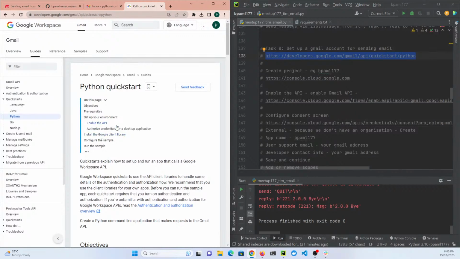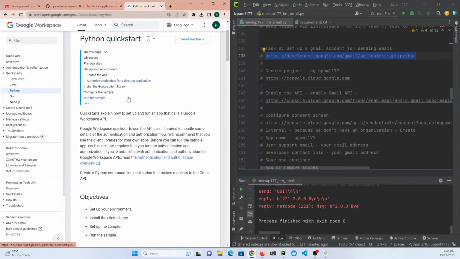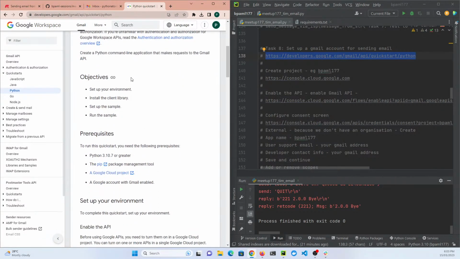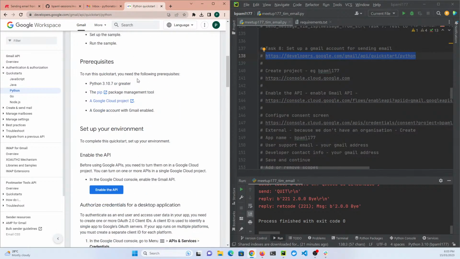So this is our Python quick start, where they give you instructions on how to send it, and the steps. To run this, you need, well, they're saying 3.10.7 or later, pip, which we've used to create a virtual environment, a project. So we need to create a project. That's the first thing we'll do. So I'll click on that,